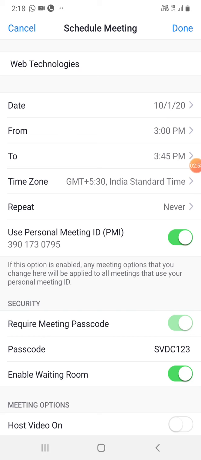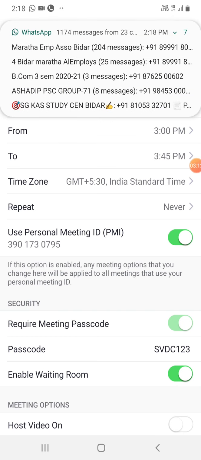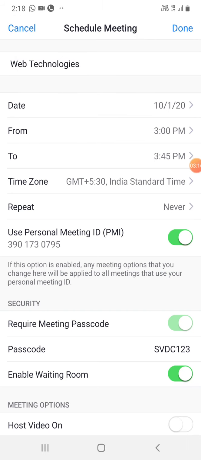Okay, so if this option is enabled, any meeting option that you change here will be applied to all meetings that use your personal meeting ID. Okay, requires meeting passcode. So the passcode is SVDC123. I have already given it.